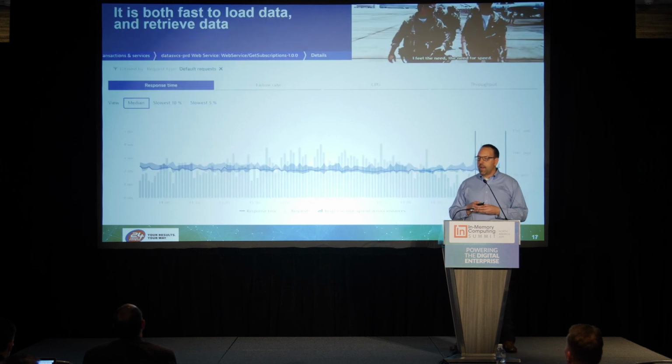So we're looking at a graph here. This one up on top is get subscriptions, and it's showing you how fast our data service is. If you remember the other diagram, our APM solution, our application performance monitoring solution, is timing it from the time the web service gets called to the time the web service responds. And the web service is using the Ignite thick client to do a SQL query against the grid.